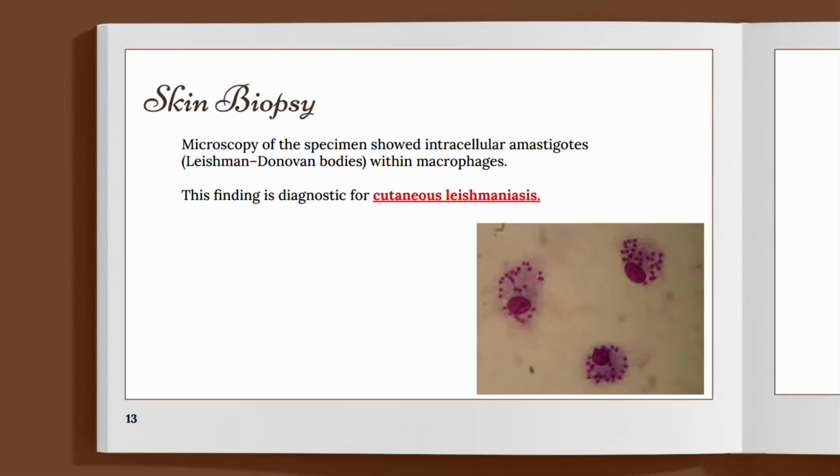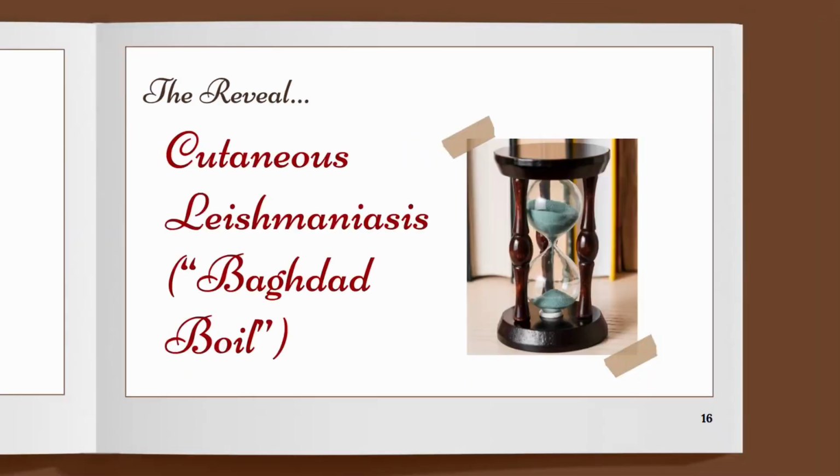So after skin biopsy was done, the microscopy showed intracellular amastigotes, Leishman-Donovan bodies within macrophages, and this finding is diagnostic for cutaneous leishmaniasis. So this disease that the patient presented with is called cutaneous leishmaniasis, also known as Baghdad boil, in Arabic Habbat Baghdad. It is also known in Syria as Habbat Halab, Aleppo boil, as well as in different countries in the Middle East. It is common in areas where there is a desert, and there are different forms of